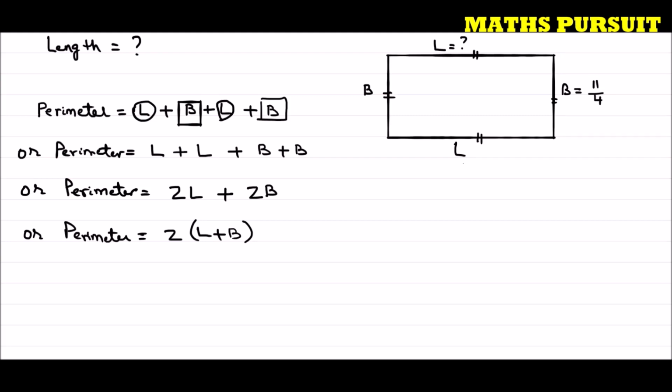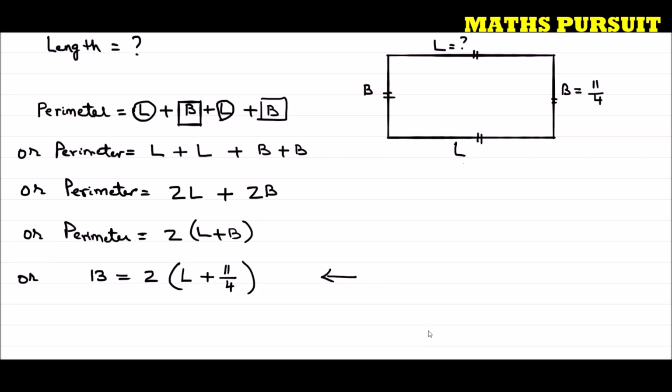Now let us replace the things that the question has given us. We are going to replace the things that the question has given us in our next step. The question has given us perimeter as 13 centimeter. So instead of perimeter, I am writing 13 centimeter, or 13, 2, and instead of L, let it be L because we are going to find out this L, plus breadth. The question has given us the breadth as 11 upon 4 centimeter, so I am writing 11 upon 4. I am just going to put the values that the question has given us in this step.